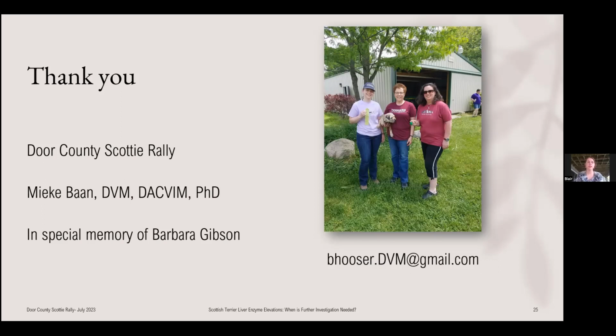So I think the overall consensus is that they haven't decided whether a little bit of elevation is normal for the Scottie or not. The papers I was reading talked about it, but there was no official consensus. Overall they were still saying it probably should be worked up, because the concern is,